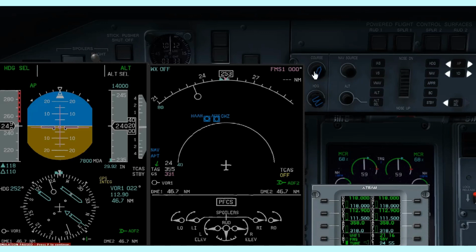Now one more thing we need to do about homing. Let's talk about the homing before we do any other thing. So what I'm going to do, I'm going to rotate the course knob and see what happens to this display here. I'll rotate the course knob so that the CDI centralizes, pointing towards Alpha Delta Sierra. Oops, it's just gone a bit, just sensitivity again. There we go. There, somewhere around there. This is perfect. Okay, so it won't point to Golf Whiskey Zulu because that's not the frequency that has been set. We've set 112.9, so obviously the radials are going to be detected from Alpha Delta Sierra,